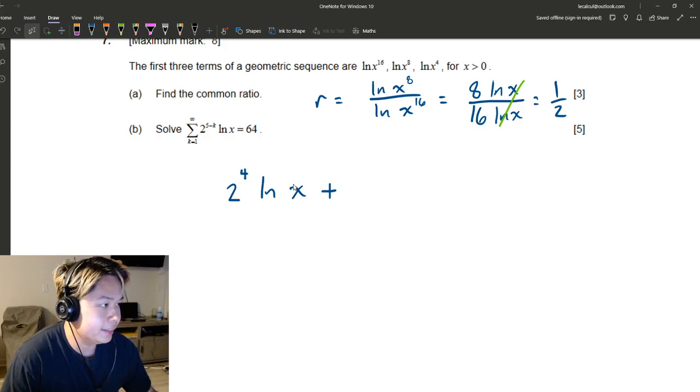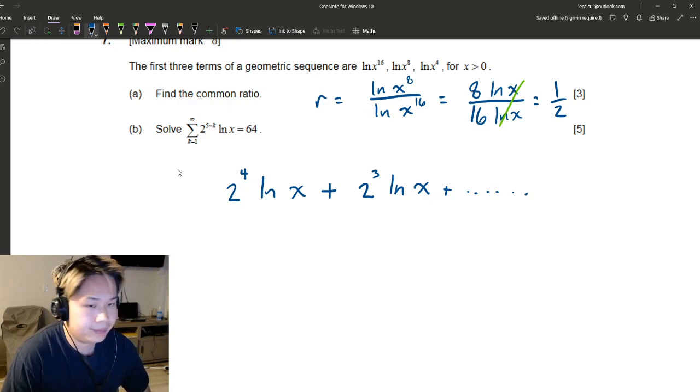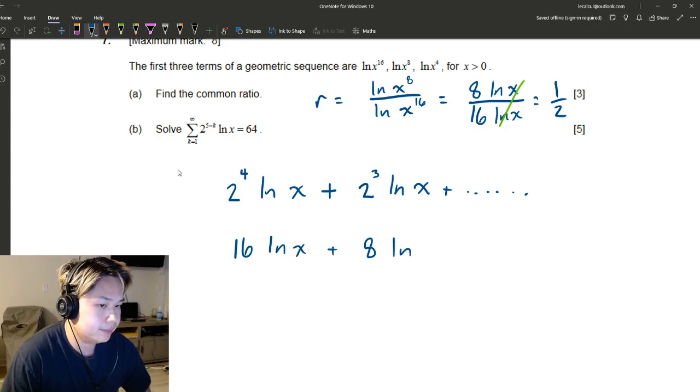Then I'm gonna add it with the next term, which is k is now 2. So now I plug in 2 in here. So then it becomes 2 to the power of 5 minus 2, which is 3, natural log x. And then this keeps going on forever. 2 to the power of 4 is 16, by the way. 2 to the power of 3 is 8. And then, again, using your log properties,